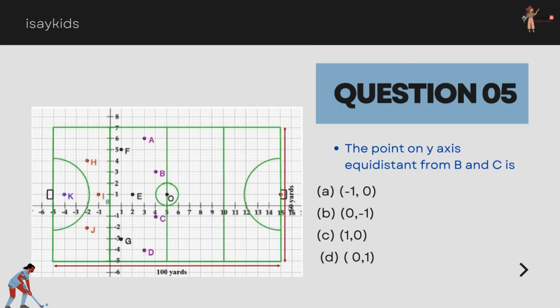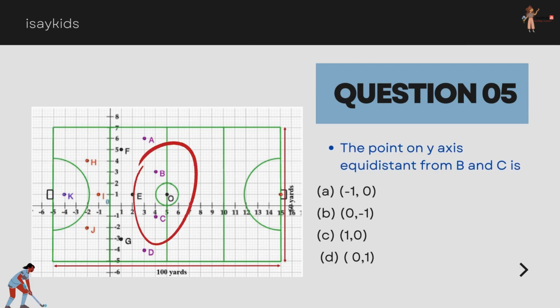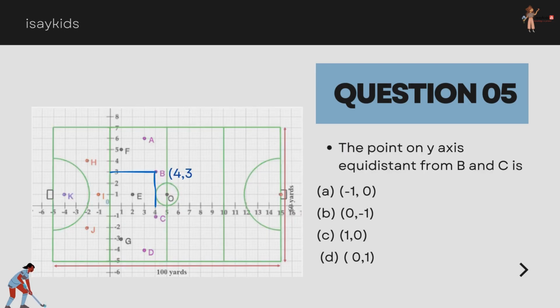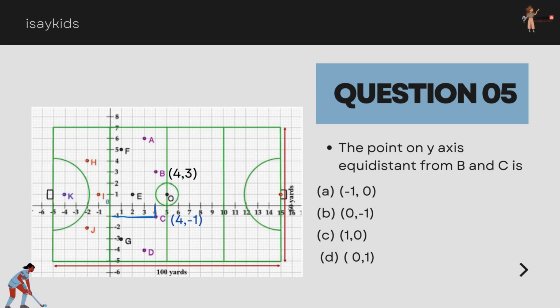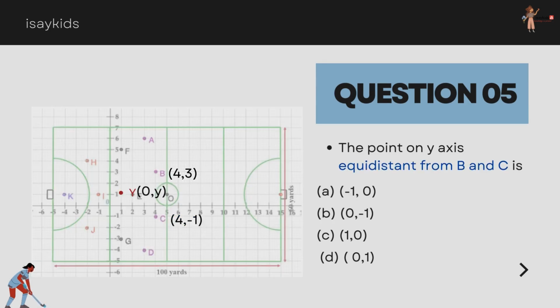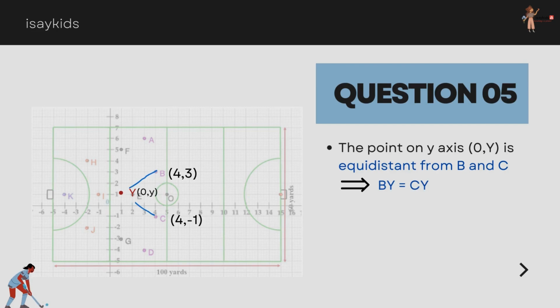The point on y-axis equidistant from B and C is, let's first see the coordinates of B. They are 4, 3, and those for C are 4, minus 1. Since the point in question is on y-axis, its coordinates are 0 and y. Now, this point is equidistant from B and C. So, BY is equal to CY,